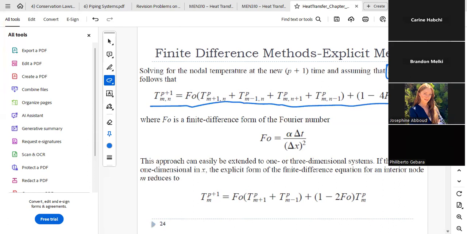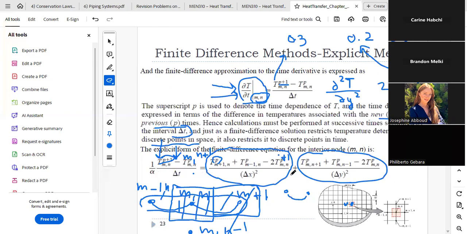If I go back to the previous equation and I say delta x is equal to delta y, I can replace delta y by delta x here. And I will group all terms having the same coefficient. And now, if I multiply the two sides by delta x squared, this term will cancel out, this term will cancel out, and I will have here delta x